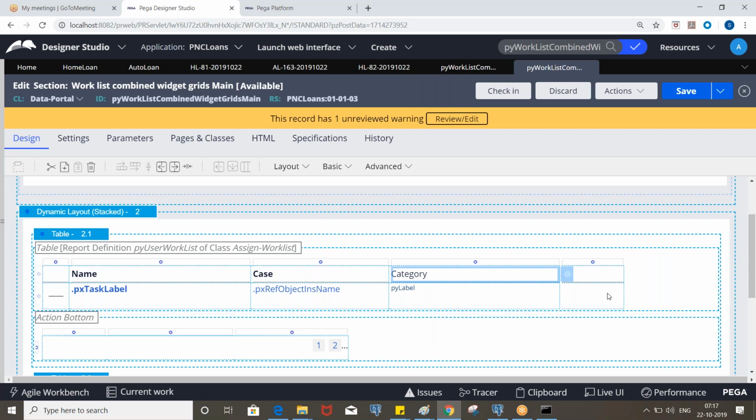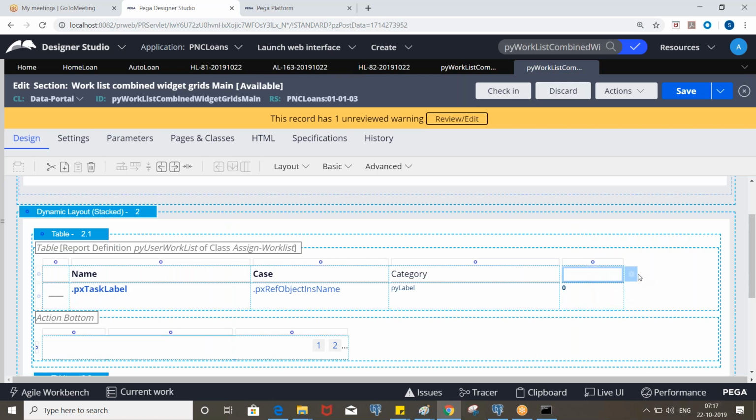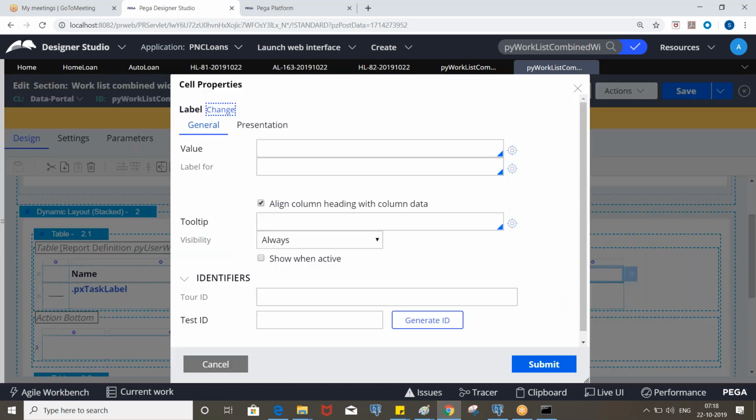Insert one more column. Here we have a property called px urgency assign, and for the label you put urgency.